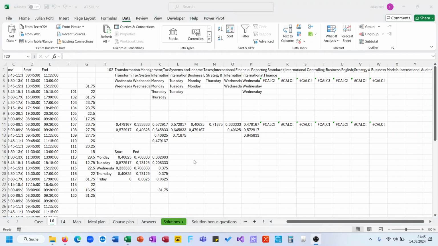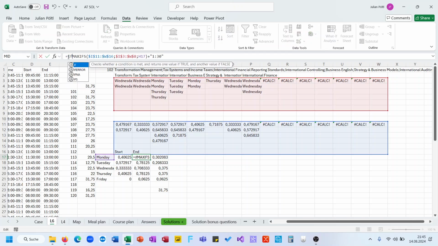Oh, I just saw it here. So I only need to add half an hour if this is larger than 0. If max is larger than a quarter of an hour,